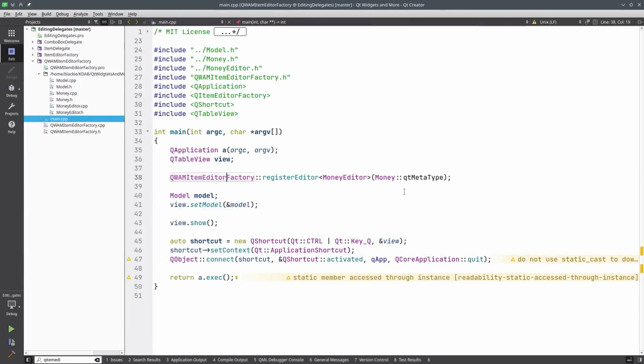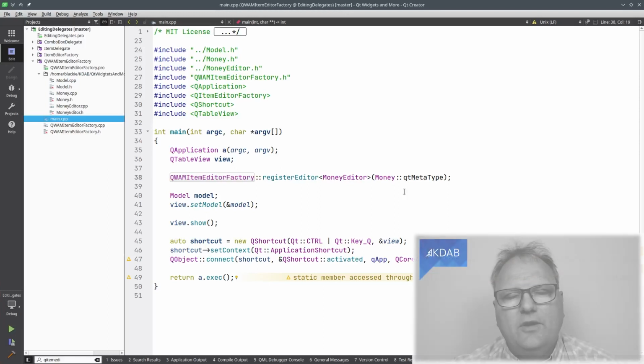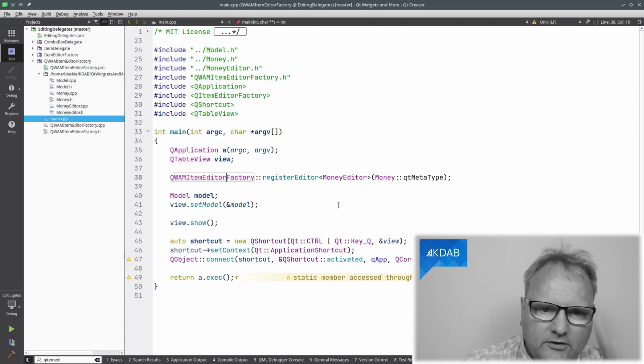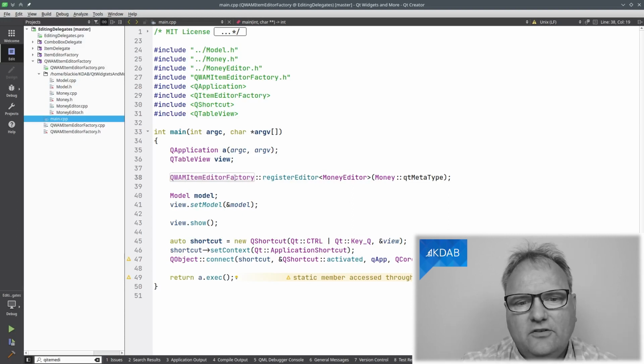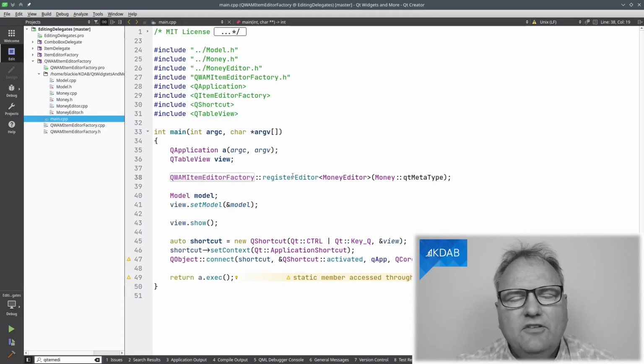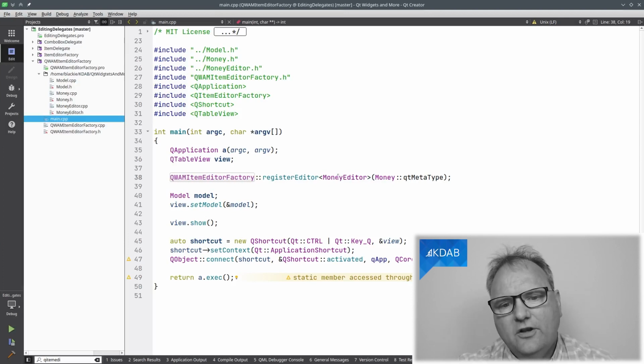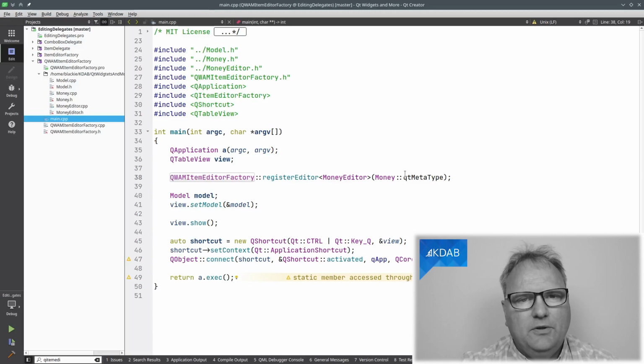And I actually like the code. It comes right here. So the code looks like this from a client's point of view. And you've heard me say that many times in this episode. I'm concerned when I write some APIs that they are easy to use. And this is definitely easy to use. QItemEditorFactory, register editor. That's a static method. Even the instance or the singleton part has been hidden behind the scenes here. All I do is that I say this editor, money editor for this type here.